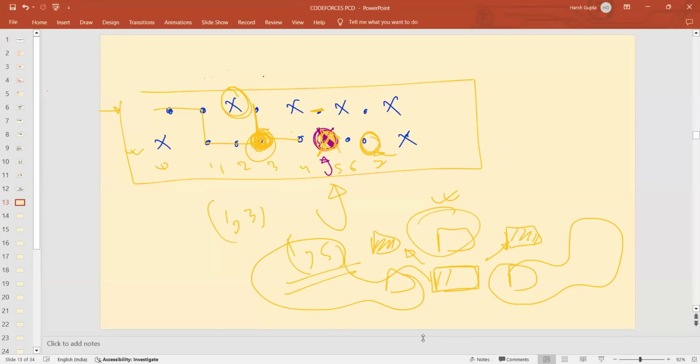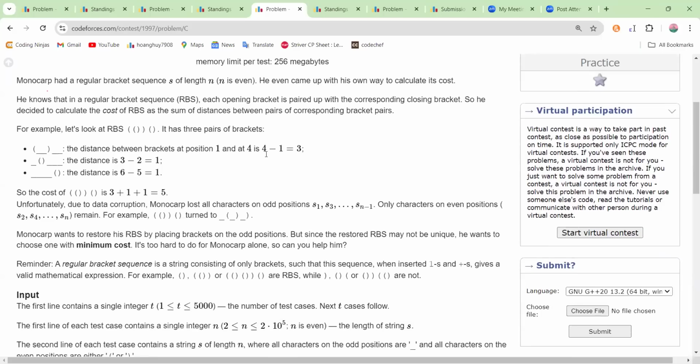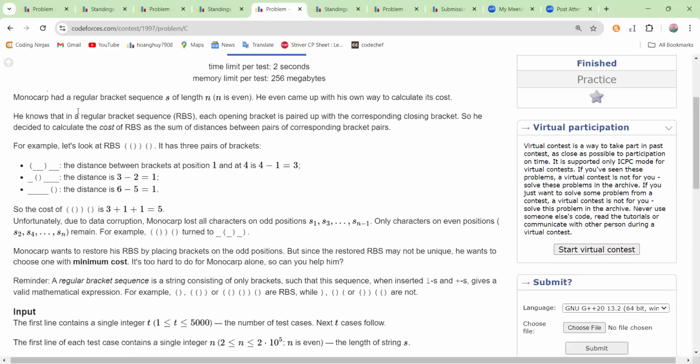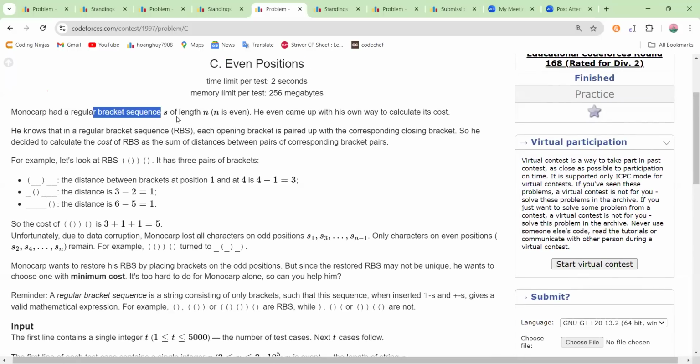Okay, so let's move on to the third one. The name of the question is Even Positions. It was relatively easier. So let's go through the problem statement. Monocarp had a regular bracket sequence S of length n, where n is even. He came up with his own way to calculate its cost. He knows that in a regular bracket sequence, RBS, each opening bracket is paired up with the corresponding closing bracket. So he decided to calculate the cost of RBS as the sum of the distances between pairs of corresponding bracket